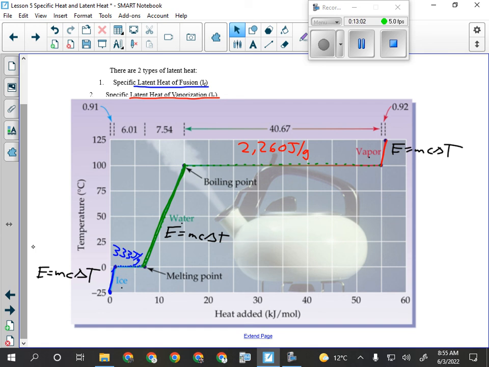All right, so this number here we call the latent heat of fusion, and this one we call the latent heat of vaporization. They're kind of like the specific heat capacities, but they're for changes in state instead. So you will never have to memorize those numbers. They will always be on your formula sheet or test. They're actually on the back of your periodic table in the data section.